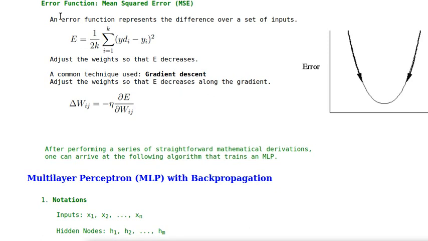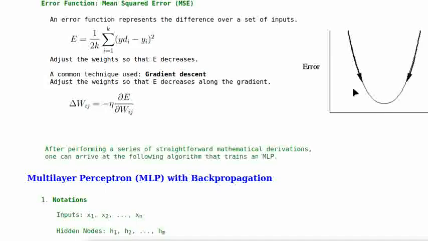A common way to measure error in machine learning is by using the mean squared error, MSE. As shown in this formula, E is equal to 1 over 2k, the sum from 1 to k of ed squared. We want to adjust the weight so that E decreases and eventually gets to the minimum. To improve the model's performance, we adjust the weights to minimize this error. A widely used optimization technique for this purpose is gradient descent. The core idea is to iteratively update the weights in the direction that reduces the error, following the negative gradient